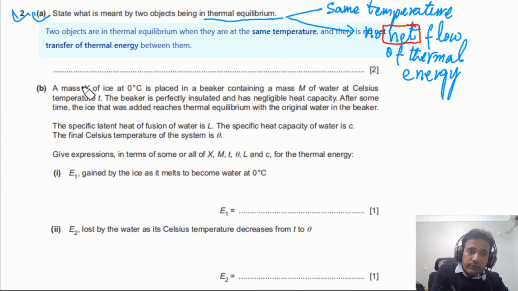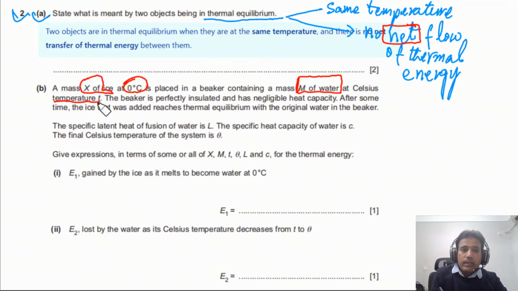For the second question, it is given to us the mass of the ice is X and the ice is at 0 degrees Celsius and it is placed in a beaker containing m mass of water at temperature T. And it is also given to us the specific latent heat of fusion of water is L, the specific heat capacity of water is C, the final Celsius temperature of the system is theta. Give expressions in terms of some or all of X, M, T, theta and L and C for the thermal